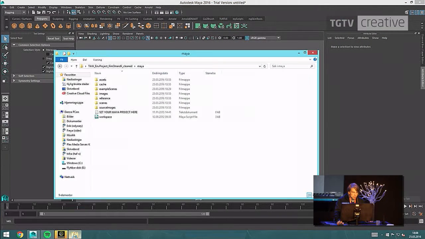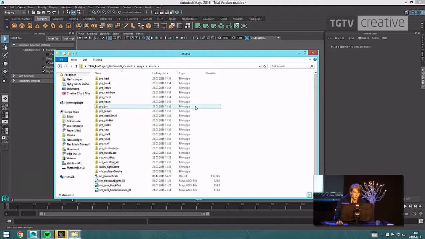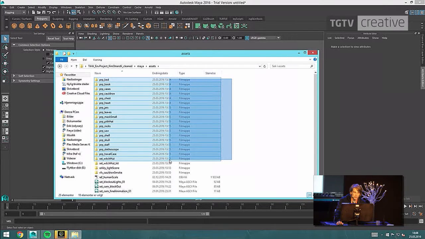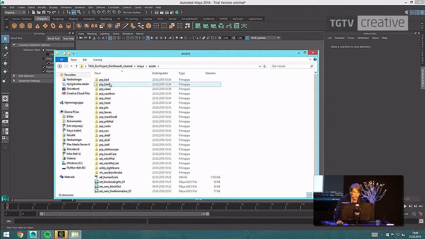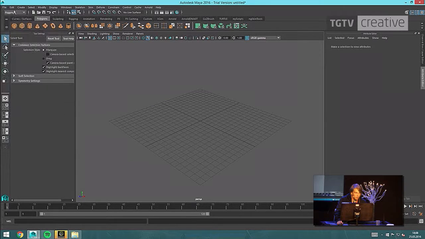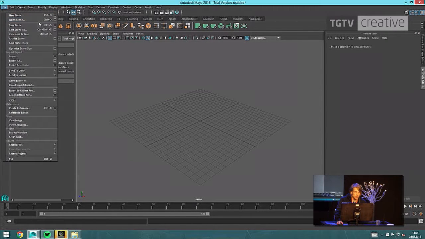When you make environment pieces, how you organize your files is more important, because there's a lot of assets you want to keep control of. I usually have an asset folder where I make a folder for each of the different props. And as I model the blockouts, the placeholder files,